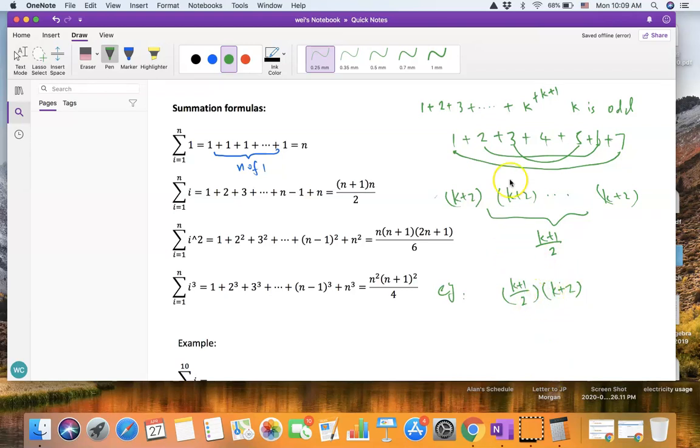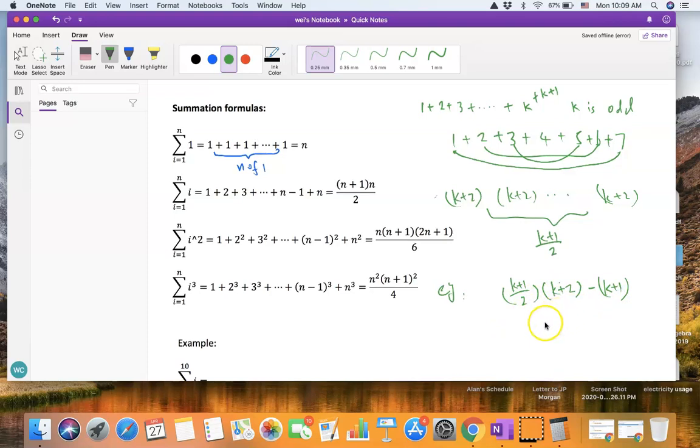This gives us the sum from 1 to k plus 1. But remember, we want to find the sum from 1 to k, so we subtract k plus 1 from this result, and then we do